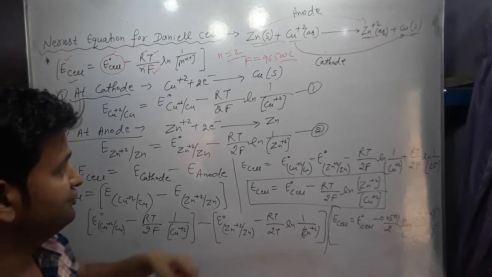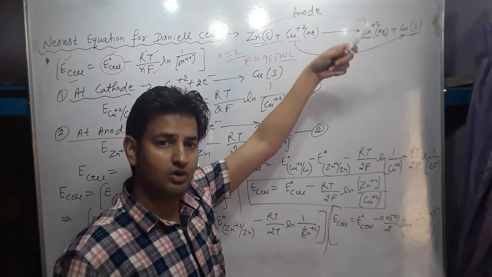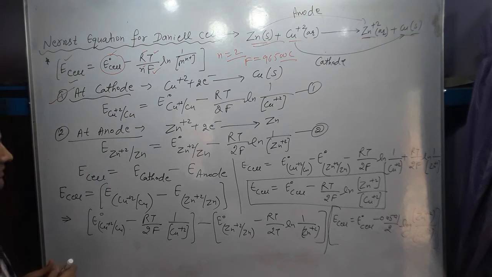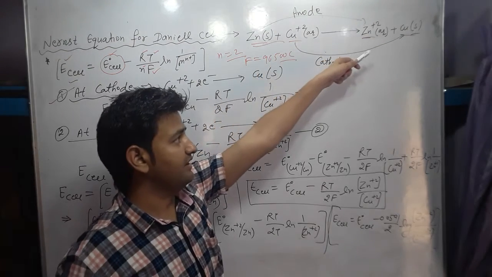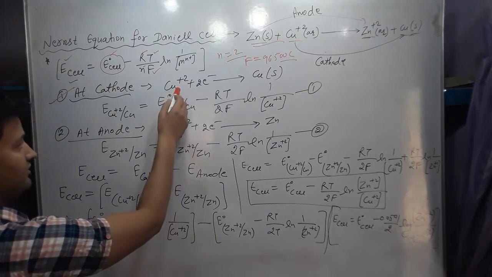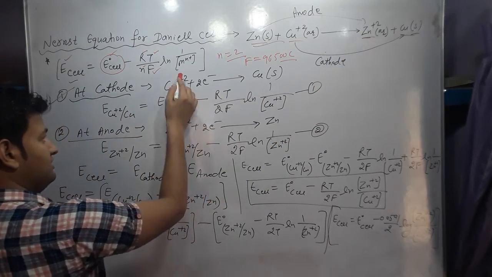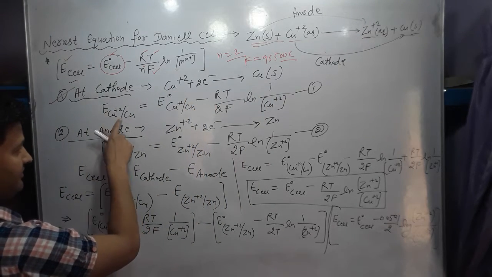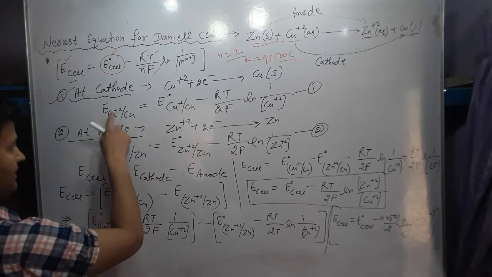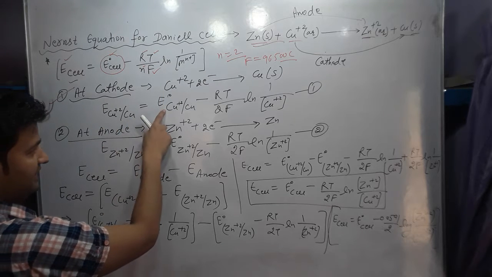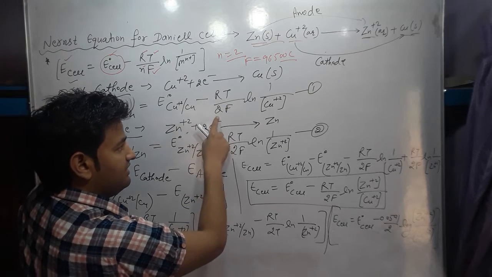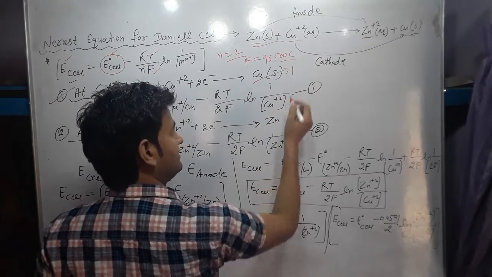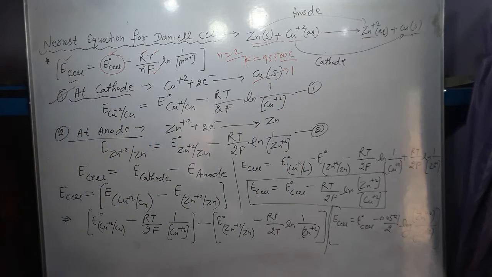Now we dissociate this Daniell cell into two half cells, meaning cathodic and anodic. At the cathode reduction will take place, so copper ion converts into copper, so it occurs as Cu2+ plus 2 electrons gives Cu. According to the Nernst equation, we can write the EMF of this half cell reaction. So EMF of Cu2+ to copper is E naught minus RT over 2F, since 2 electrons are involved, ln of this. The concentration of the solid is taken as 1. We have discussed this.